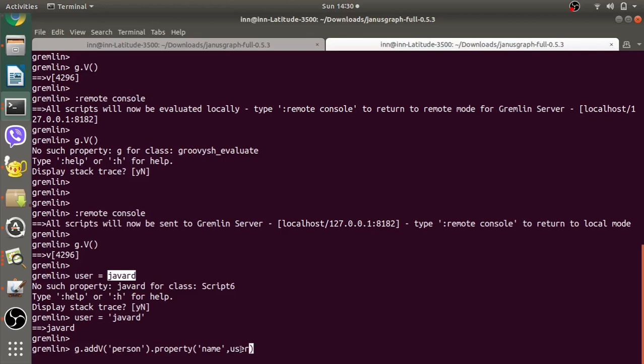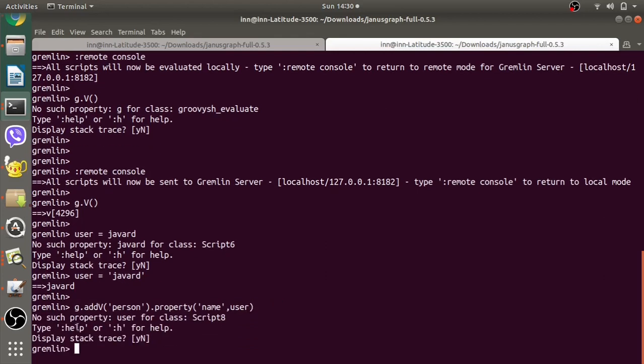Simply, we are just using a variable instead of a string. Let's fire the command and see, does Gremlin allow us to do that? You can see here, Gremlin is saying that there is no such property user, but we just created user having the string Javard in it. So why is it not recognizing this?